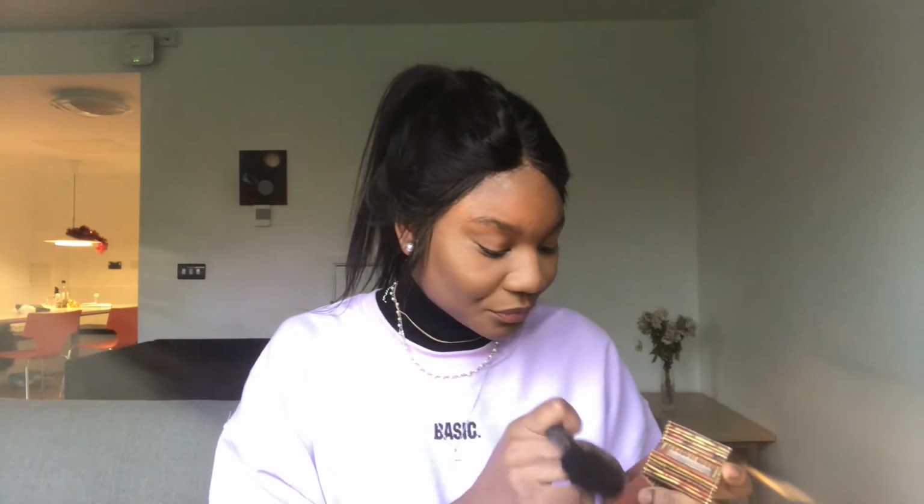So I like to do a few dabs using my angular brush. That just takes it to the next level. To the next level. Gonna whack it in you. I'm gonna do it in the camera now so you can see. Girls looking like